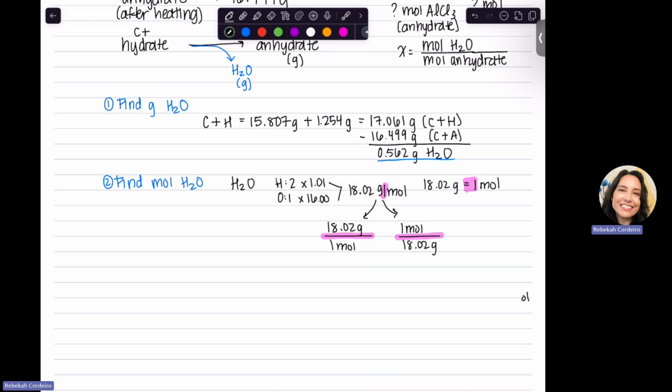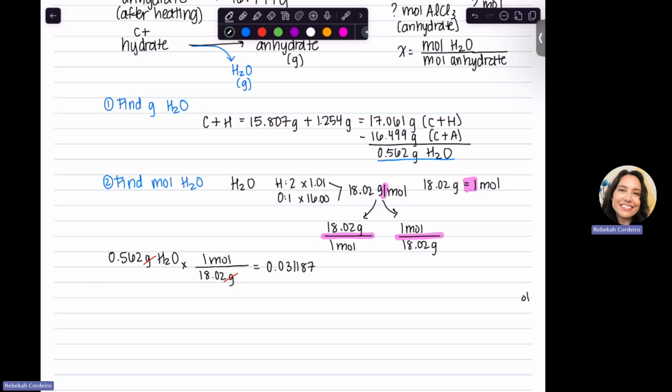So if I have 0.562 grams of water and I want the grams to go away and I want to get moles, think about which one of those fractions I'll need to use. I'm going to put the grams on the bottom and the moles on the top. Don't put gram per mole on the bottom, because remember, that per is actually the same as the line. So these two things are the same. We don't want to put 2 units on the bottom, just 1 unit on each side. The grams will cancel and we're left with moles of water. So divided by 18.02 and we get